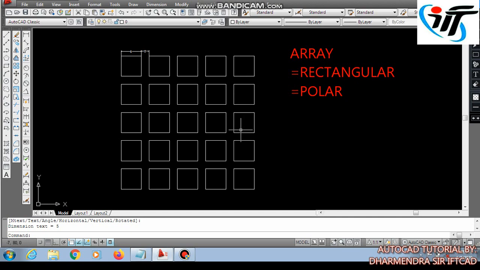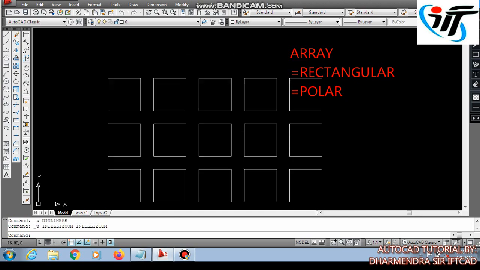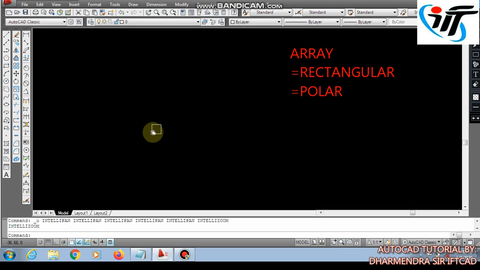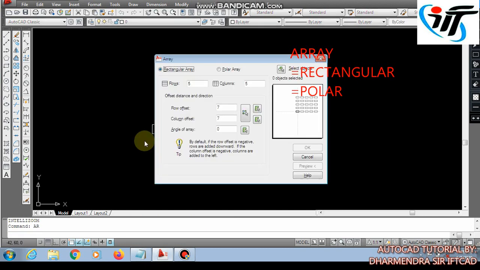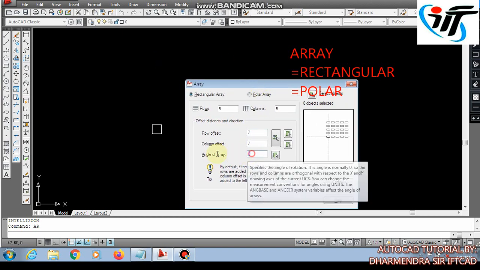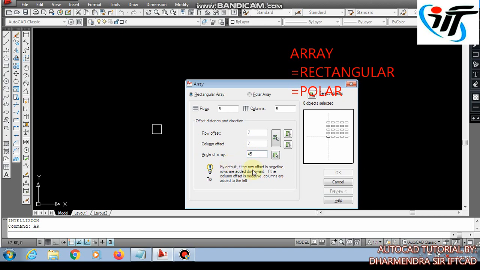Now Control Z, we are undoing the object. Now once again I am pressing array here and choosing rectangular array. Row is 5 and column is 5 also. Offset is as usual. Now I want to change the angle of array. I am just providing 45 degree of angle.